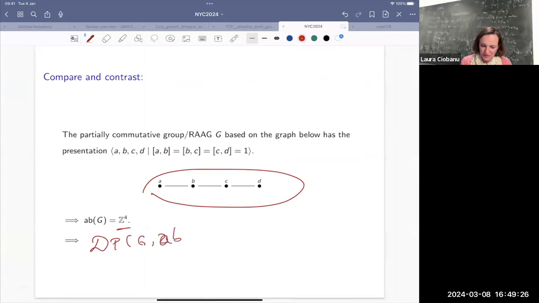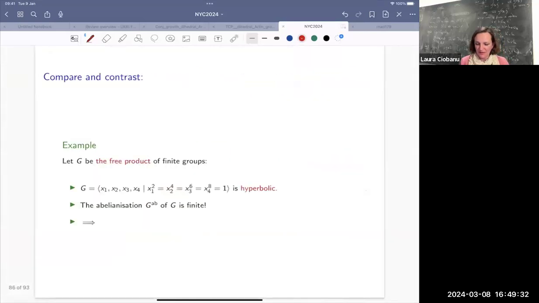Sorry, that's an abelianization here. I cannot do it. Okay, so the abelianization plays a big role. And finally, if you want to look at hyperbolic groups, this is a free product of a bunch of finite groups. The abelianization is finite, and because of that, I can solve